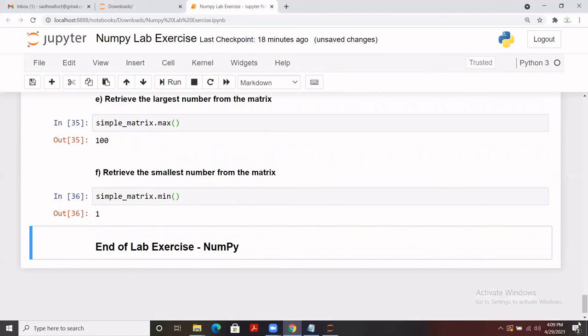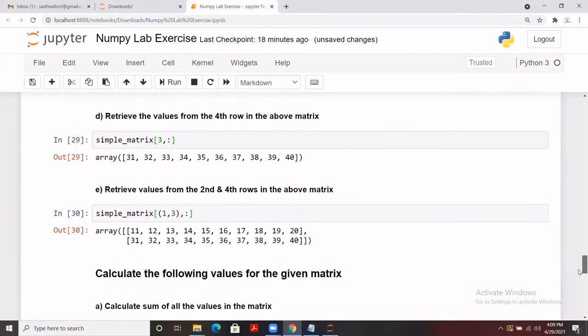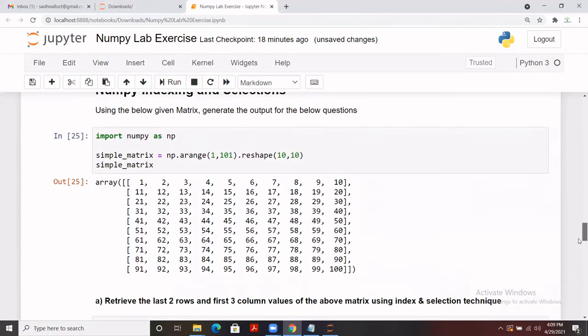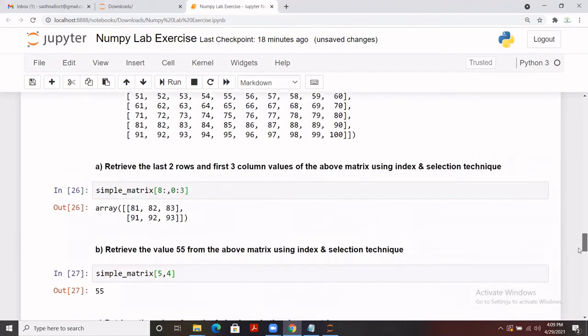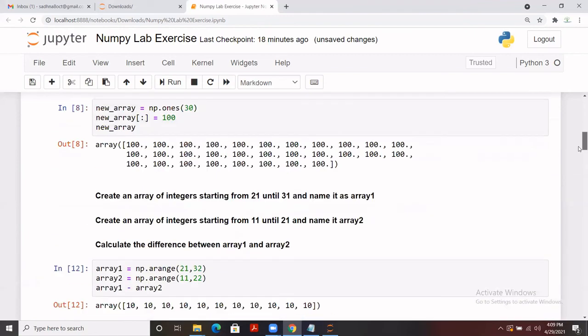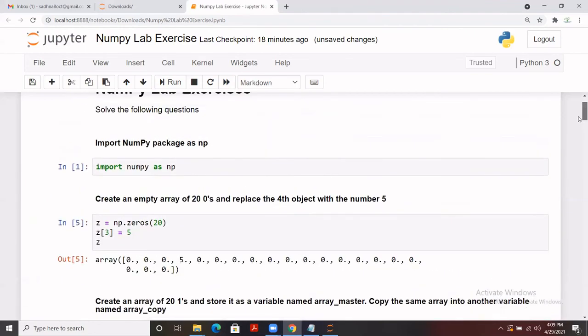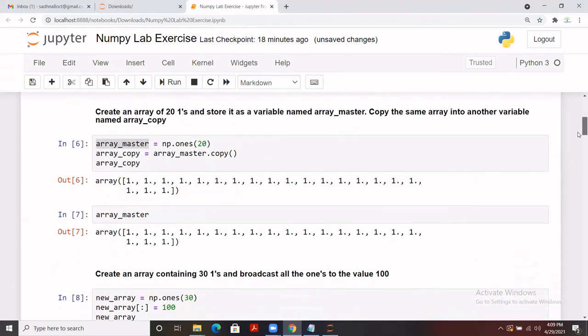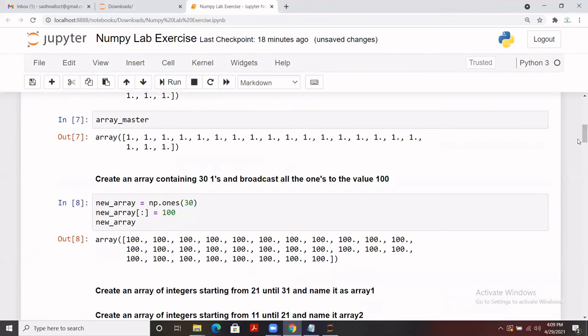So this is what we did today. We took a sample of that matrix and applied some indexing around the rows and columns. And apart from this, we learned some predefined functions of NumPy. I have noted all the questions and we tried to solve them. And you try it in another way as well.